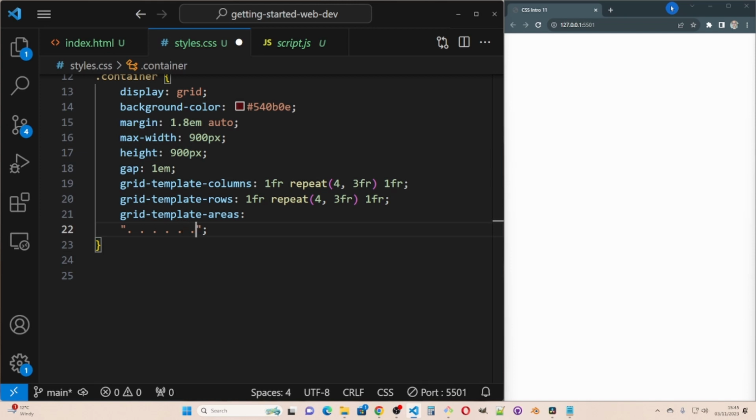So the first line will have nothing in it. And then on the next line, first space is nothing, and then left aside and left aside, then RA top, RA top,